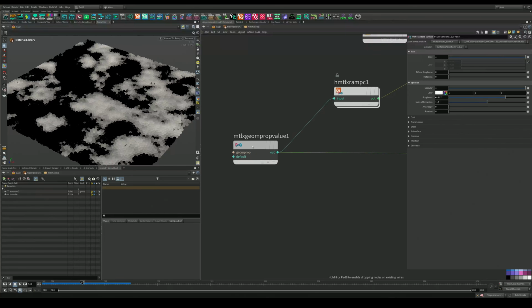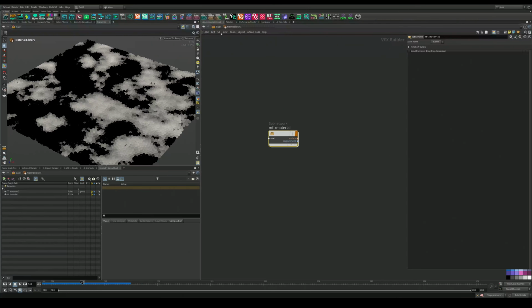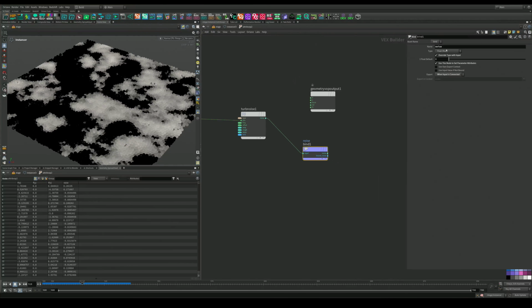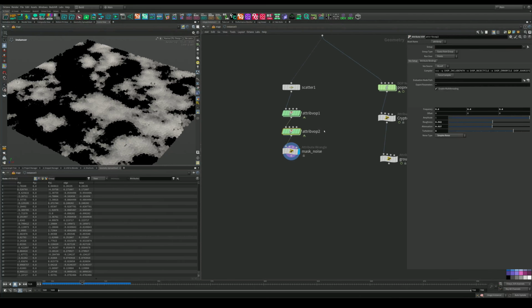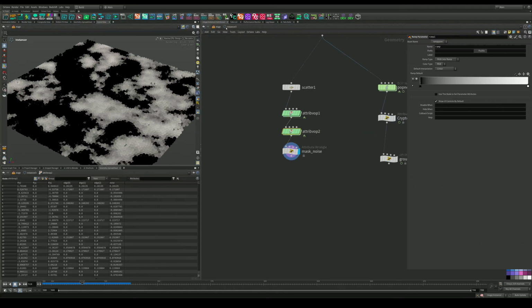How about this? How about if we want to instead just make the edges of this brighter? So we can go back into our attribute VOP here. We'll duplicate that, and instead of noise, we'll put edge. And if I go back in here, actually, let's go in here and put in a ramp. And now if I go back,